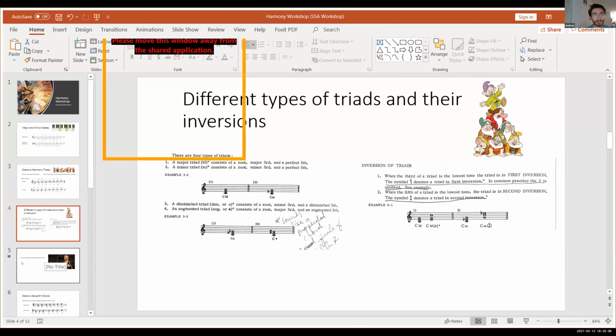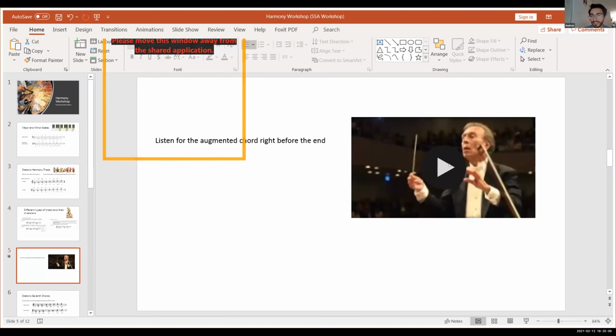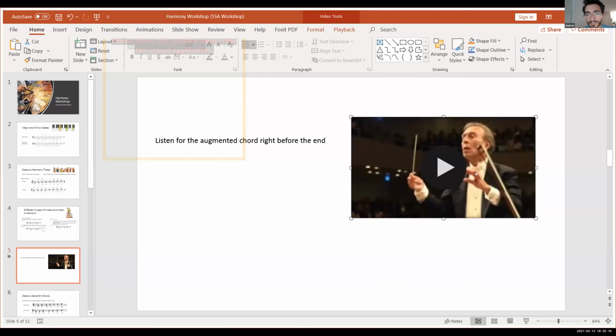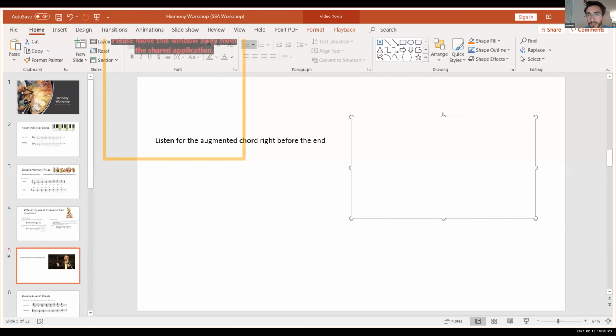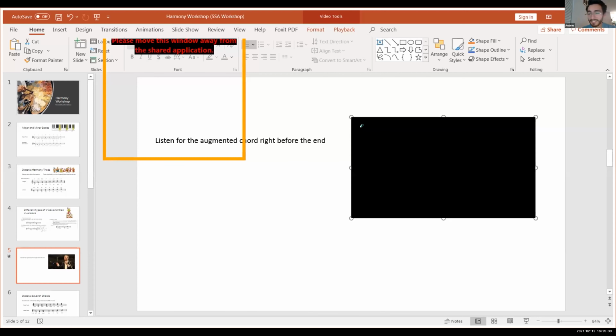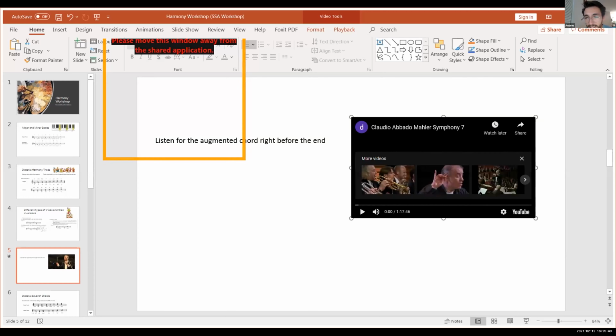All right, so let me play this clip. This is actually a clip of a performance of Mahler's 7th Symphony. But I'm just going to play a little bit of the end. And I want you to listen for the chord right before the end. Right before the end, Mahler goes, I think he is in C major at the end, and then right before he decides to finish the piece, he